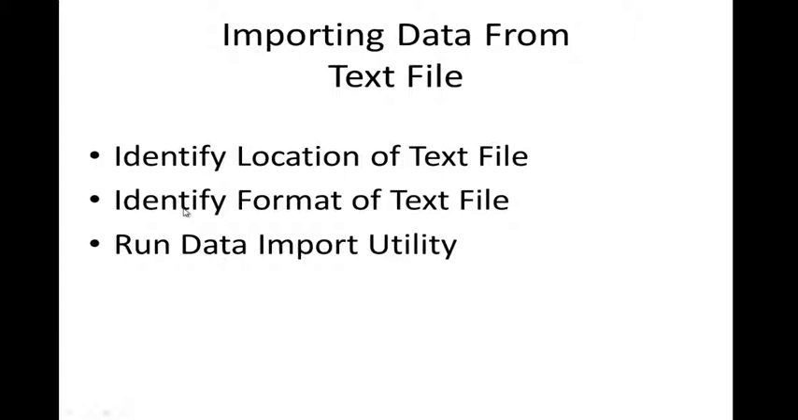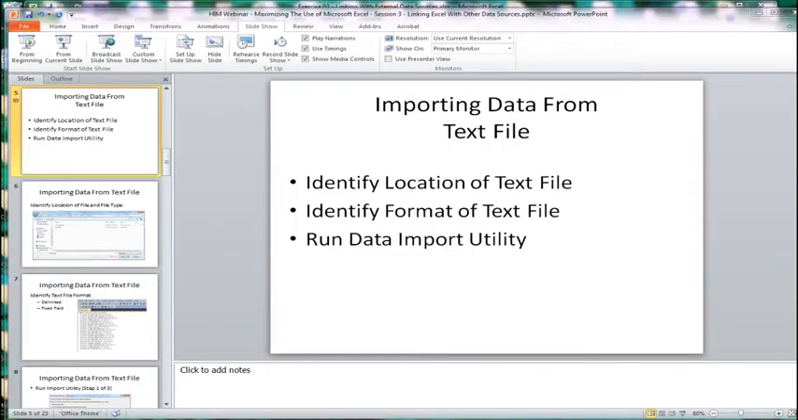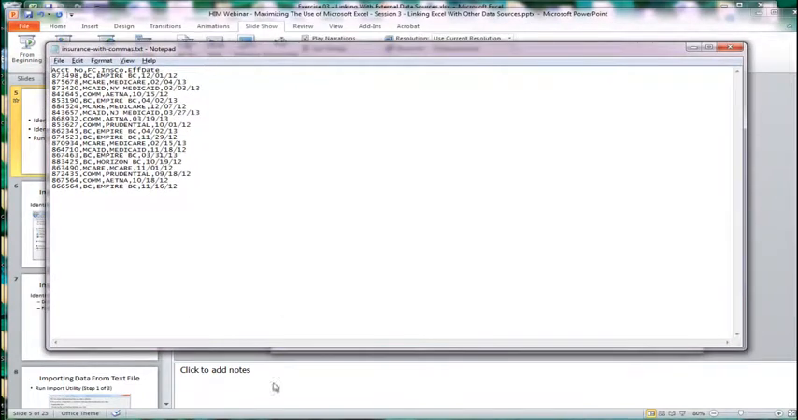The second thing that we have to do is identify the format of the text file that contains the data that we want. And then lastly, we need to run a data import utility, and this data import utility will make sense of the data that we want. So let me give you an example of what the data actually looks like when it physically comes off of the computer. If you notice in front of you right now, you will see